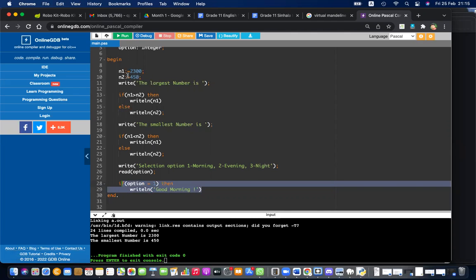So please note that colon equal is the assignment operator. Colon equal makes something equal. If it is just the equal sign, it's checking whether it is equal. It's a question. The equal sign checks whether they are equal, but if you put colon and equal sign, it assigns. This is assigning and this is checking. That's the difference. You write ln good morning, then